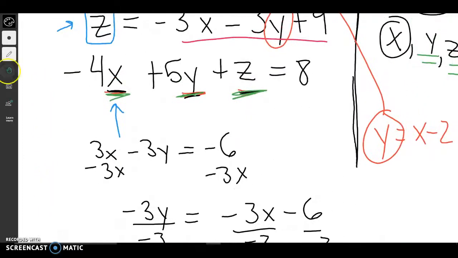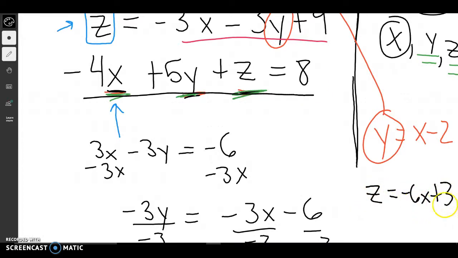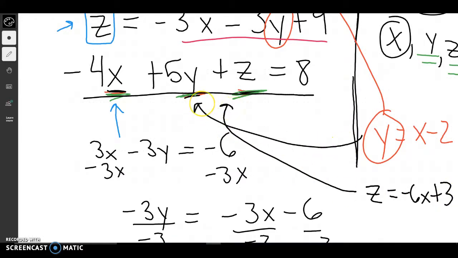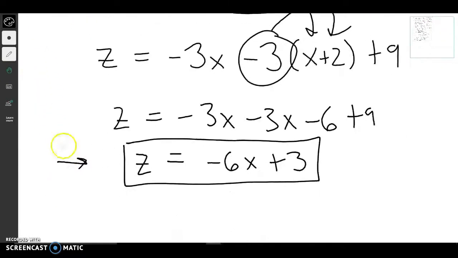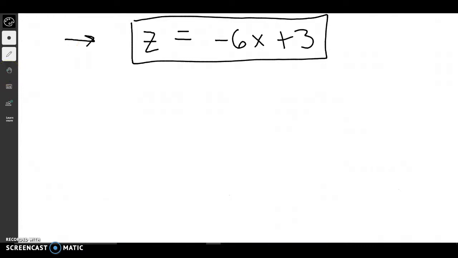So if I take this first equation and I plug in what I found for z, which is negative 6x plus 3. So if I plug this in for my z, I plug this in for my y, I will only have x's, which makes it easier to solve. So let's do that. And as you can see, this takes up a lot of space. So I would have negative 4x plus 5 times my y, which was x plus 2,